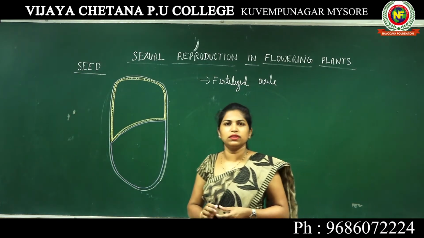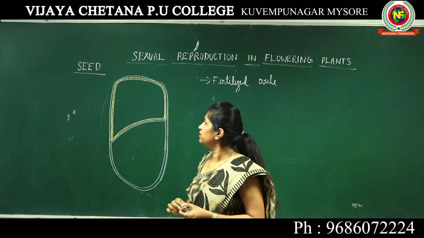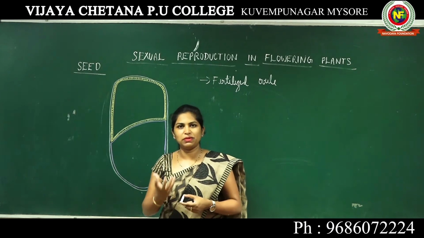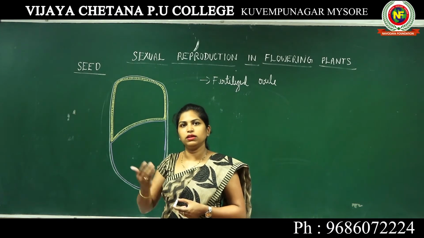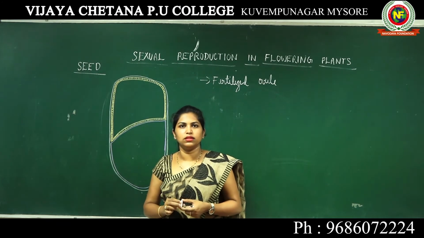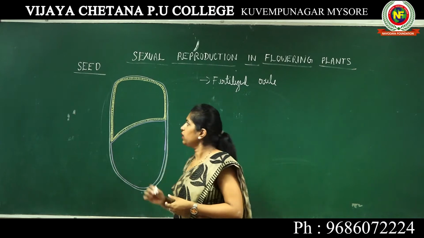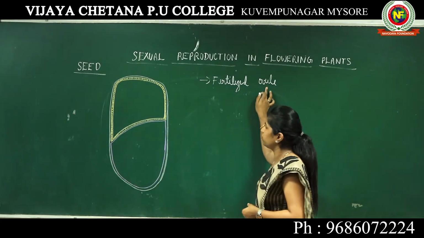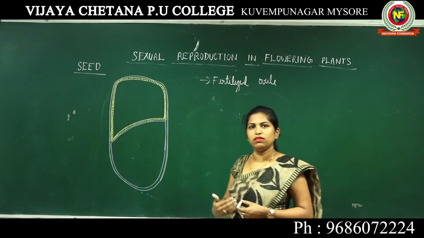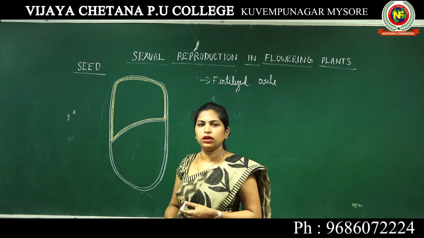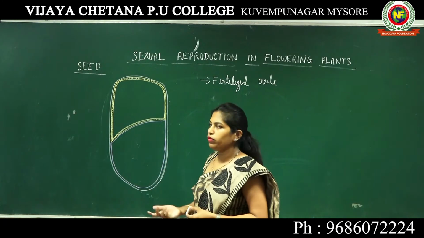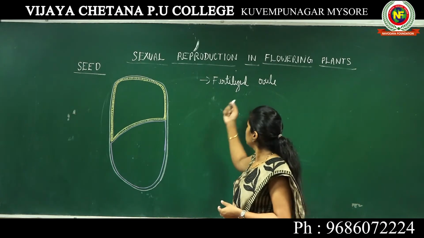Seed can be represented as fertilized ovule because the ovule which is present inside the ovary of a pistil or carpel develops into seed once the fertilization is done inside the embryo sac. Okay, so the ovule is going to give rise to seed after the fertilization is done. The zygote develops into embryo, primary endosperm cell develops into endosperm tissue, the ovary develops into fruit, whereas the ovule